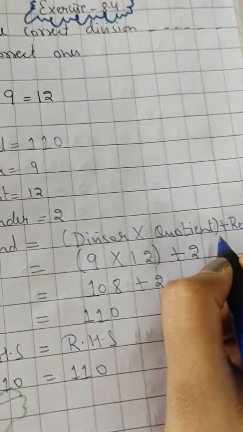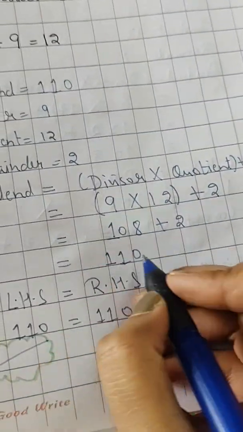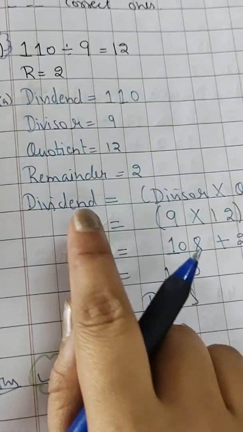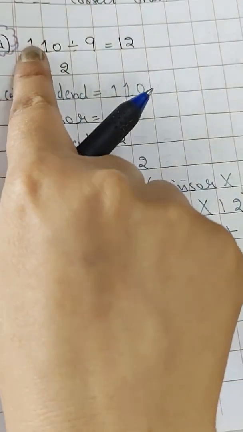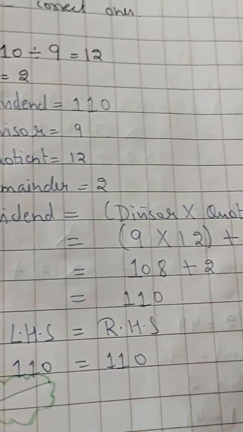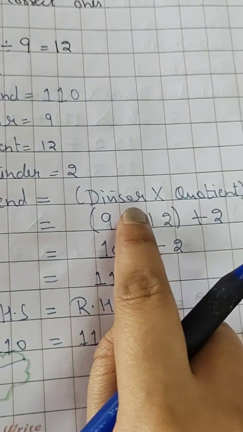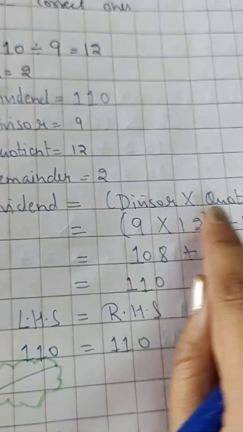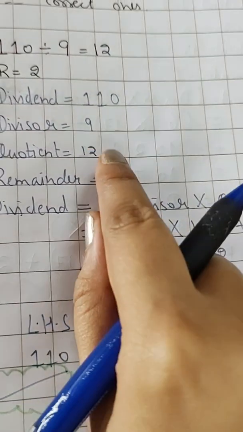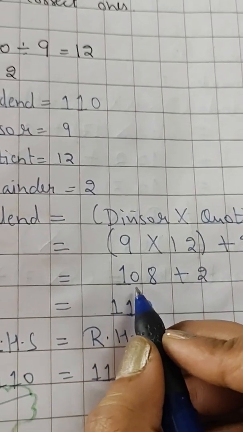Dividend is equal to divisor multiplied by quotient plus remainder. You have to learn this formula. Firstly you solve this, and if your answer is equal to the dividend, then this is right. If it is not equal, it means the answer is wrong, and we have to write the correct sentence. Now the divisor is 9 and the quotient is 12. So you have to multiply first: 9 multiplied by 12 is equal to 108. Firstly you multiply, then you add the remainder. So 108 plus 2 is